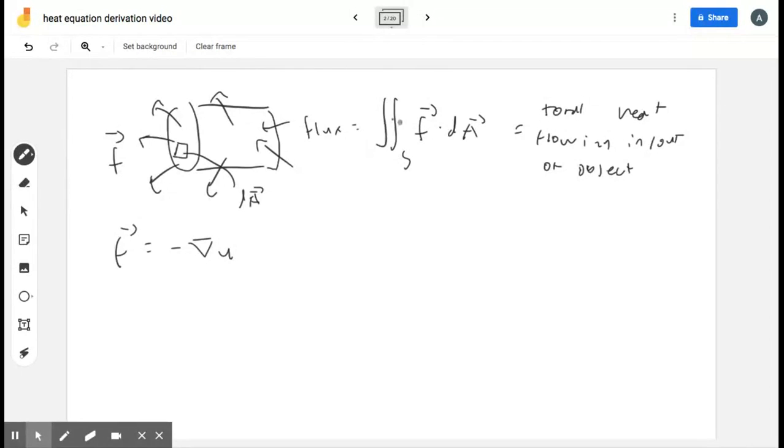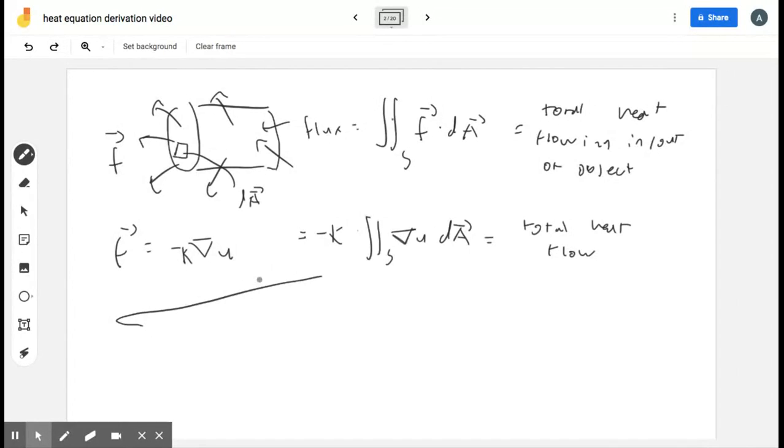So now we can rewrite this. Since F is equal to negative k times the gradient of u, we can rewrite this as the surface integral as negative k times the surface integral of the gradient of u dA, right, which equals the total heat flow. Okay, so this right here is equal to here. Oh, my bad. And this right here is equal to